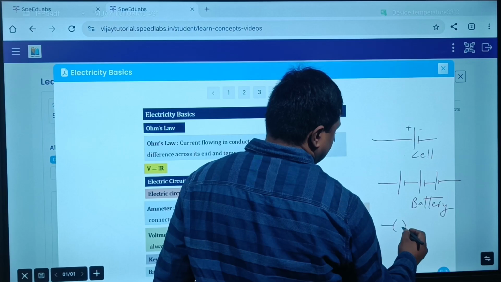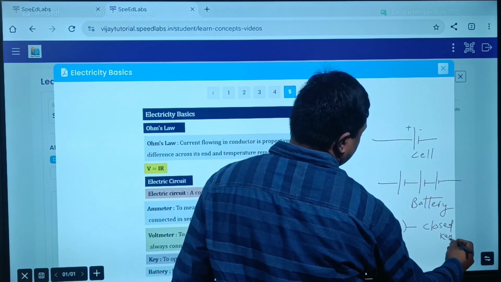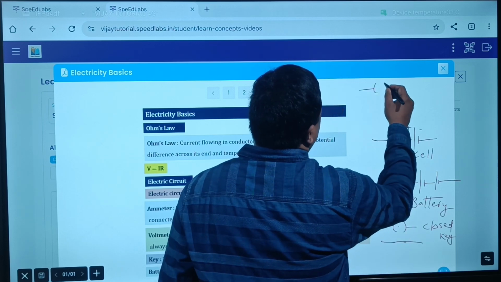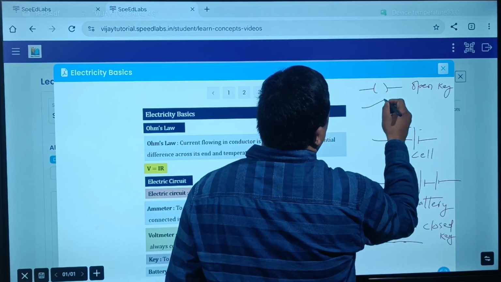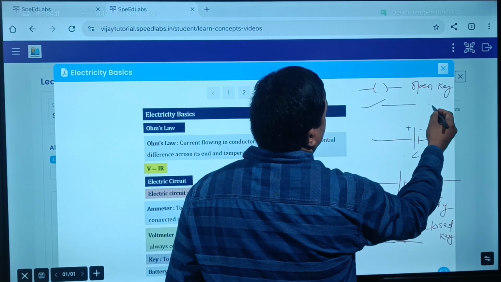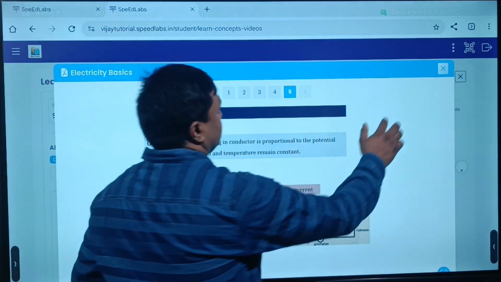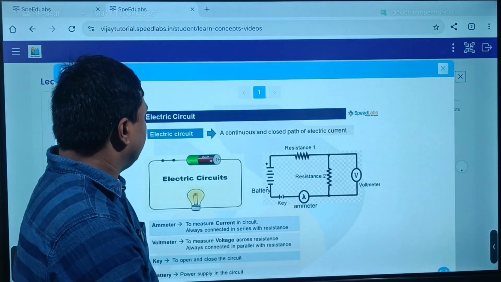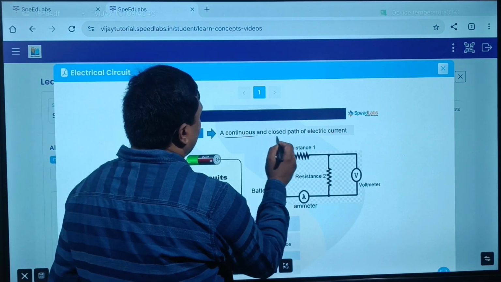If it is like this, what is it? A closed key. Closed key is like this also, we can say. Open key, we write like this, open key, or open key. Next concept is electric circuit. Let's see one electric circuit. Electric circuit, a continuous and closed path of electric